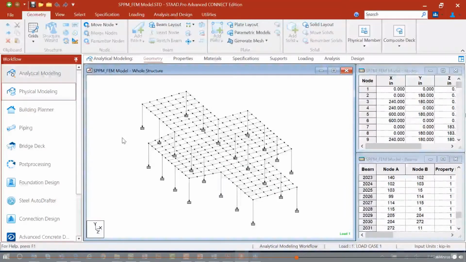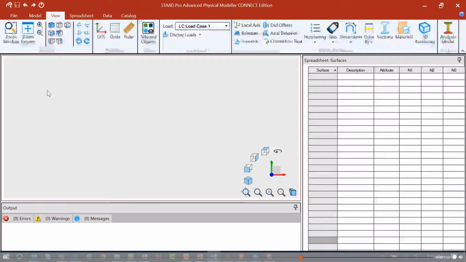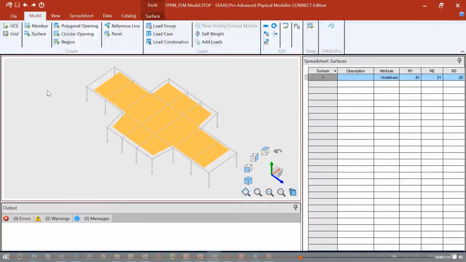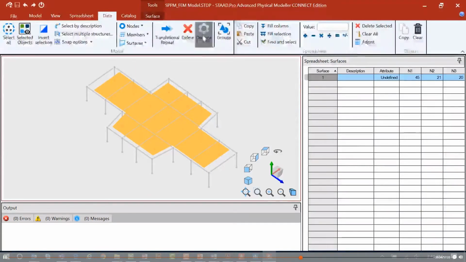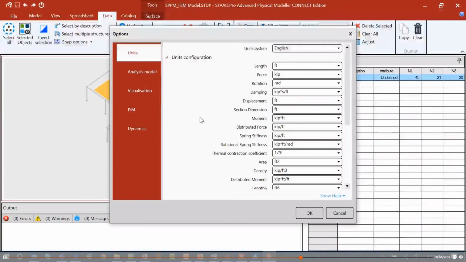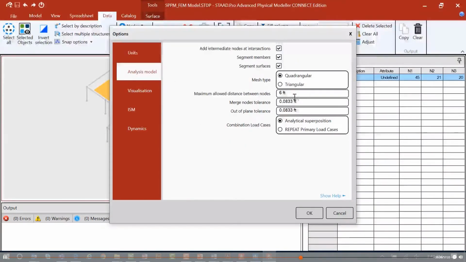But I'm not quite done with my modeling process. Perhaps I've come here and decided that I need to add some complexity to the system or perhaps change my mesh density. So let's return to the physical modeling workflow. Again, I'm going to go to the Data tab in the ribbon toolbar, and I'm going to go back to this Options area. Perhaps I want to investigate a tighter mesh, so maybe I'll go down to 3 feet for